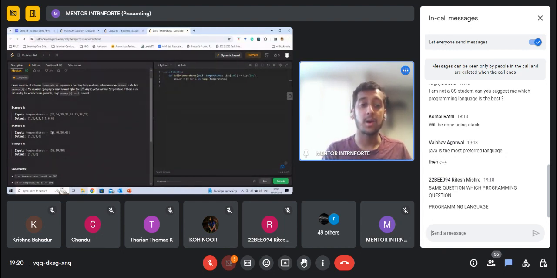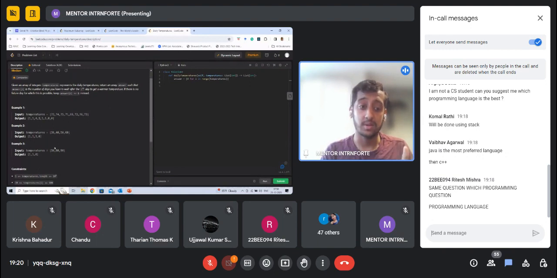We have the temperature 30, we have to keep 30 in mind and ask, after how many days do I get a temperature warmer than 30? Then I see 40, which is greater than 30. Each element represents a span of one day, so it just took me one day to get a warmer temperature. Then 40 to 50, just one day. 50 to 60, just one day, right?